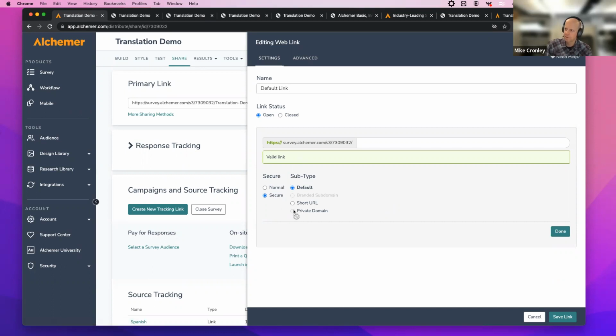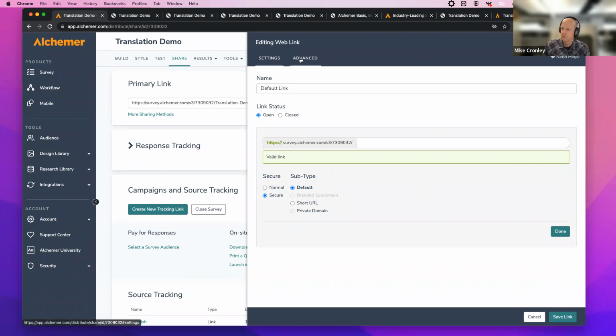If you're able to click this private domain, I don't have it set up on my test account, but if you have it, it's enabled. And then it'll say survey.academyofscience or whatever your domain is. So when someone views the link to the survey, it gives them a sense of security. Oh, it's coming from Academy of Science, whatever the domain is. So that's another option that's nice to have.